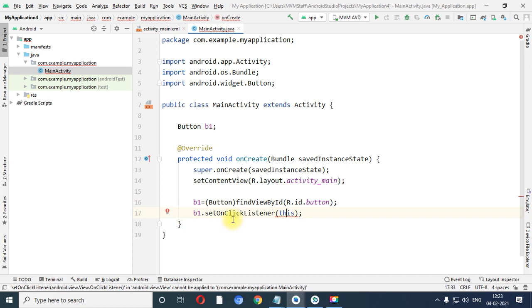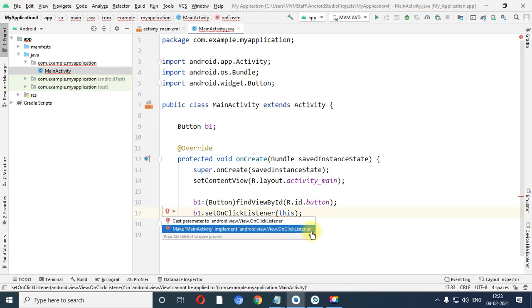Either by pressing Alt Enter over here, or you can select it from this red mark, you need to select the second option. What is the second option? Make MainActivity implement android.view.View.OnClickListener.